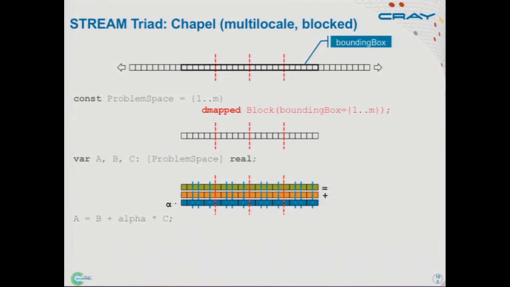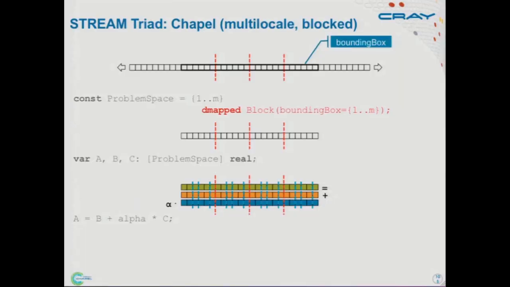So in fact, if you were to open up the block domain map and say, how is the forall implemented there, what you would see is that it does a coforall across all the target locales, and then an on clause to move those tasks to the respective target locales. And then it would do a coforall for all of the cores within that locale, and then it would make sure that those only operated on the indices that they owned. You can still cause communication, though. So let's say that A and B were implemented with a block distribution, but C was with a cyclic distribution.